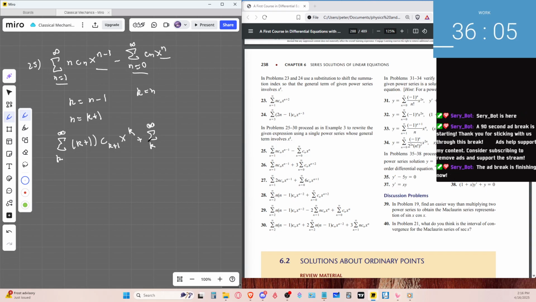Side is basically n equals 0, and that's what we want over here. The thing of it is that